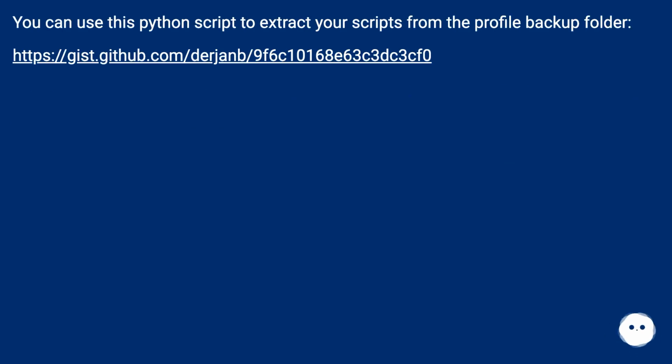You can use this Python script to extract your scripts from the profile backup folder. This URL